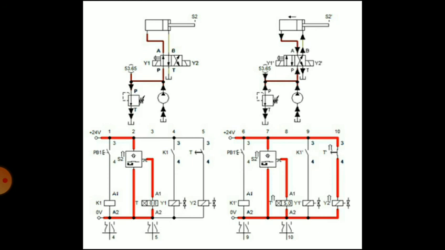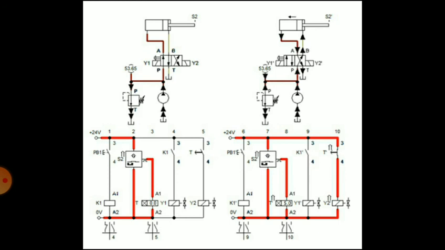So in the first diagram you can see when the push button is operated in this circuit, there is a double solenoid. A double solenoid 4x2 direction control valve is used, with two solenoids Y1 and Y2.